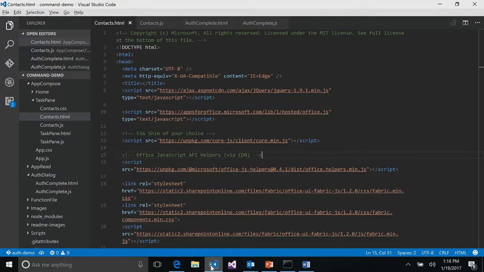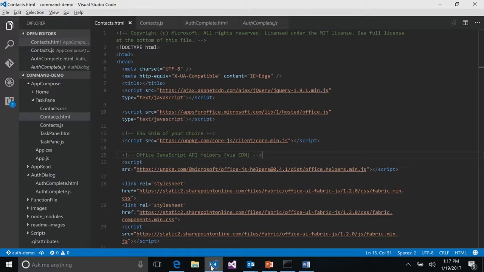Okay, so this is the contacts HTML. This is essentially the HTML page that we're seeing when that task pane loads. I've got jQuery in there. I've got the Office.js, which is what drives all that interaction back with the Office app itself. And then here I've added in this Office Helpers JS file. This is what I was referring to when I said that the Office team has put out that auth library.